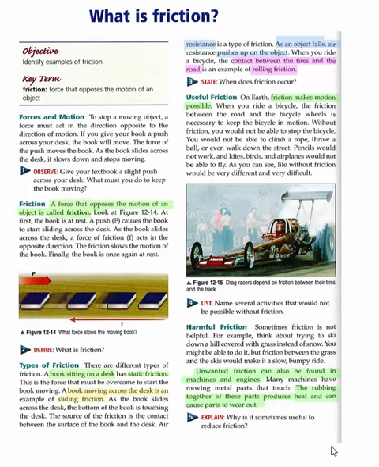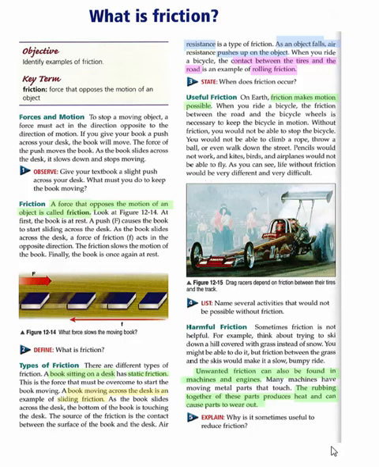What is friction? Objective: identify examples of friction. Key term: friction. Force that opposes the motion of an object. Forces and motion. To stop a moving object, a force must act in the direction opposite to the direction of